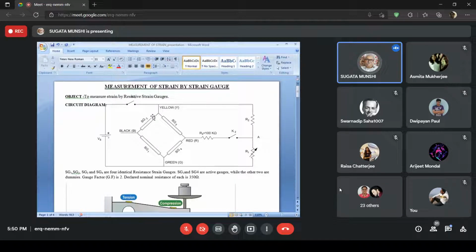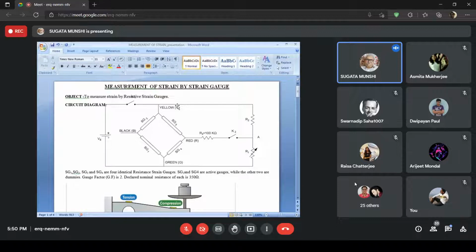So here, between A and B you have connected the galvanometer. The value of R1 with which you have been able to get null condition, from that value you can get the nominal resistance of SG1. SG2 I am assuming it as 350 ohms. Although if I could measure it, it would have come out as something else. But we are not doing that just for the sake of experiment.